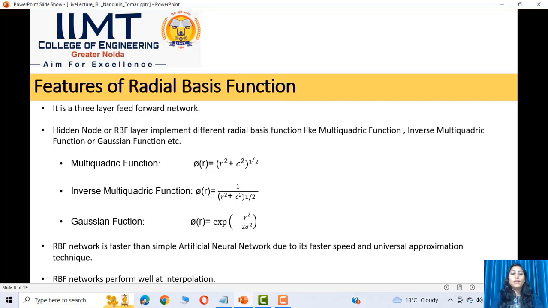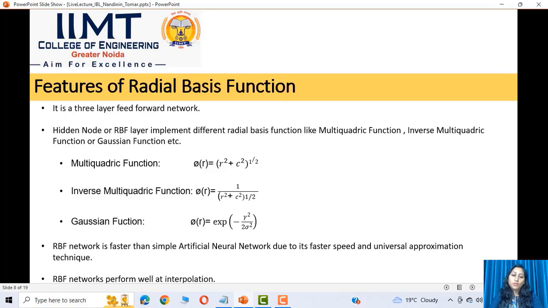These are the functions of the radius. If we talk about the multi-quadratic function, it will be calculated as phi(r) equals (r square plus c square) to the whole power 1 by 2. The formula for the inverse multi-quadratic function is phi(r) equals 1 divided by (r square plus c square) to the whole power 1 by 2. Finally, the Gaussian function will be calculated as phi(r) equals the exponent of minus r square divided